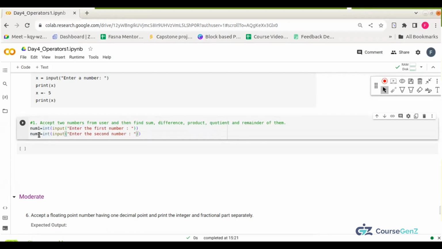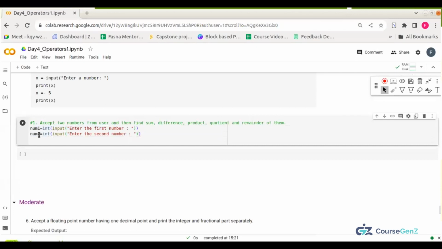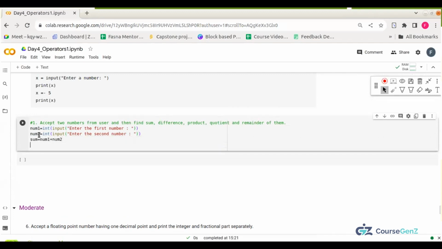Second number. Then what we have to do? We have to assign the sum of number 1 and number 2 to the variable sum. So at the beginning, in the first step, we have assigned the first input to number 1. Then we have assigned the second input to number 2. Then we have done the arithmetic operation, addition. Then we have to print